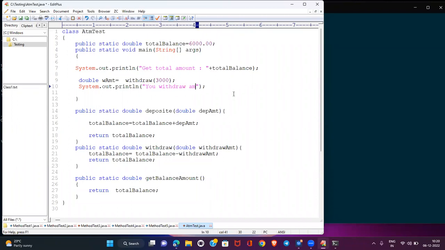Is the amount here? How much amount is withdrawn? That's the 3,000, right? Okay, that amount you will get as the total amount after returning. After withdraw, total amount is